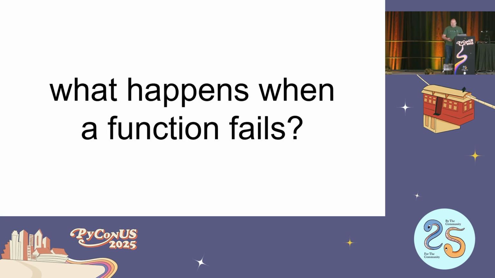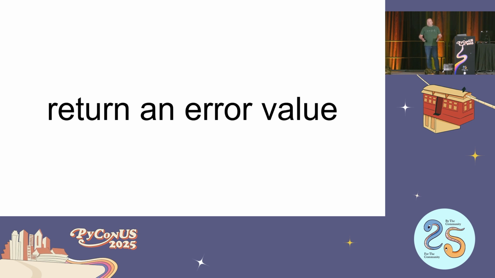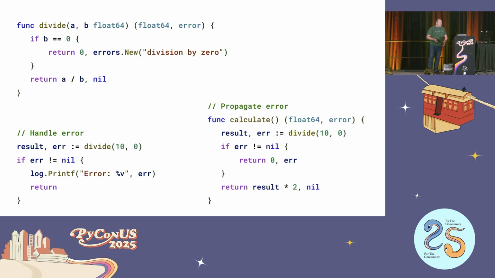And so the starting point conceptually for me is just what should happen when a function fails or doesn't do what we wanted or expected it to? And one simple answer, popular especially in older programming languages, is you just return some error value. You return 0 or -1 or None or a null pointer, or Go has a neat thing where they will usually return tuples. So they'll return an error or the value, or you return the actual expected value and then nil if there's no error. And then you can handle this by explicitly checking if the error is not nil, or you can propagate it by checking and then returning the same kind of thing.